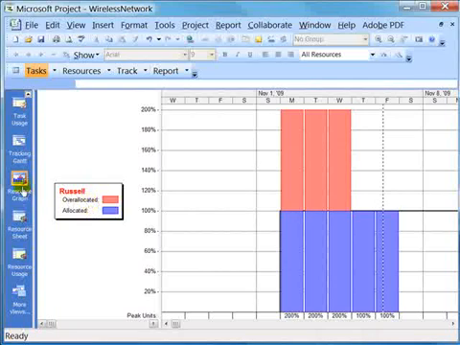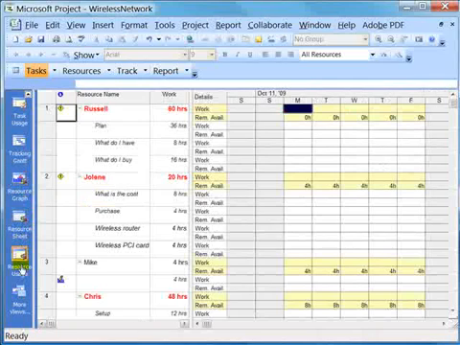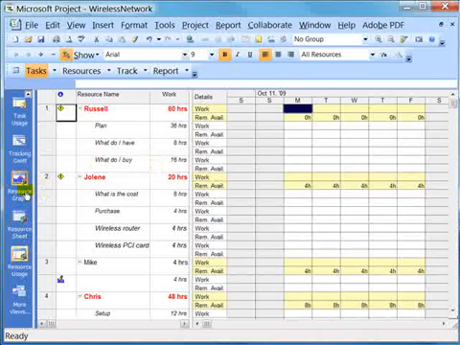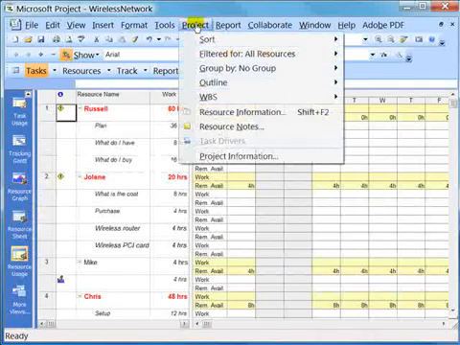So those are the three: resource graph, resource sheet, and resource usage. Once again, it's the quickest way to fill out your resource information. And of course, your graph just provides you a view of looking at over-allocated and under-allocated resources. Of course, as you can see, we had problems with our resource usage, so we can actually go up to